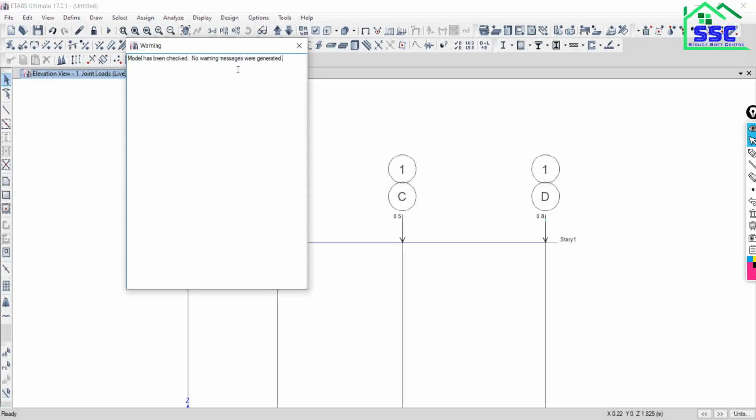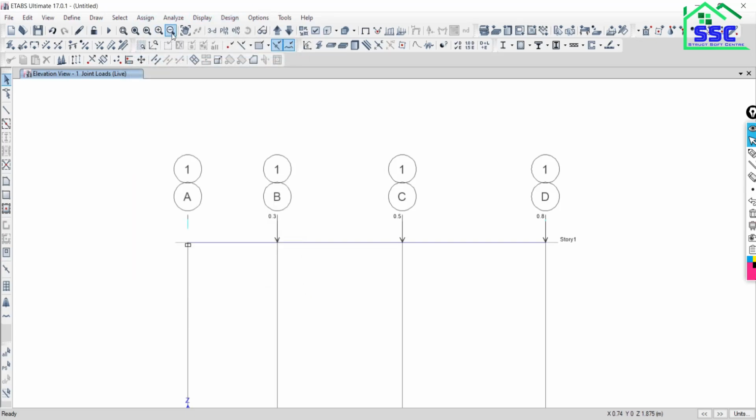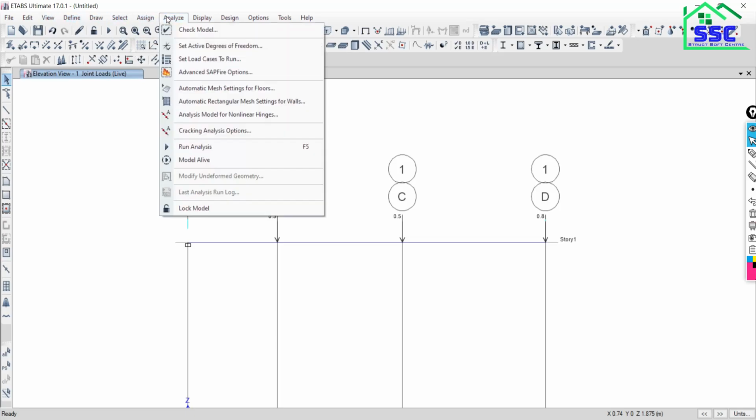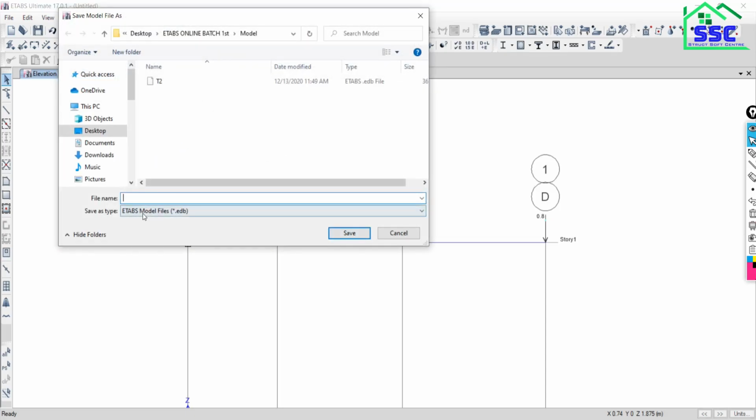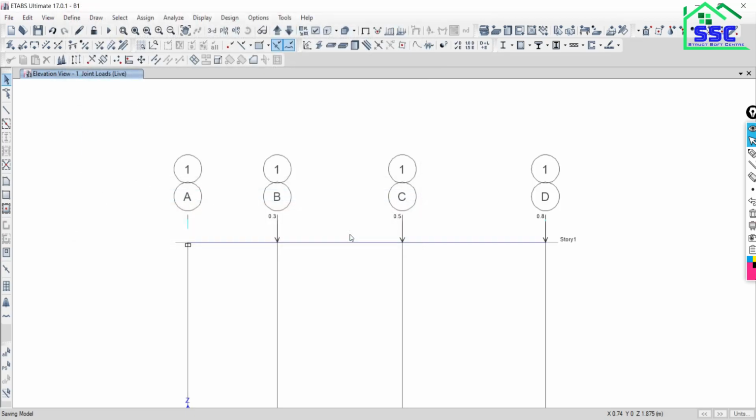It means that your model is correct. Got it? We can proceed to the next step. Now go to Analyze, Run Analysis. Once you click on Run Analysis, it will ask you to save the model. Say B1. Save.